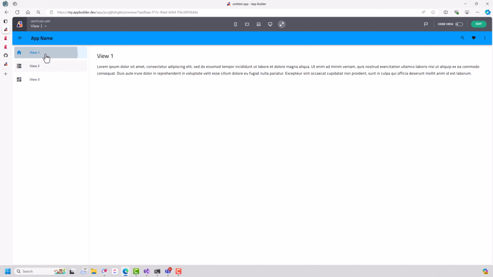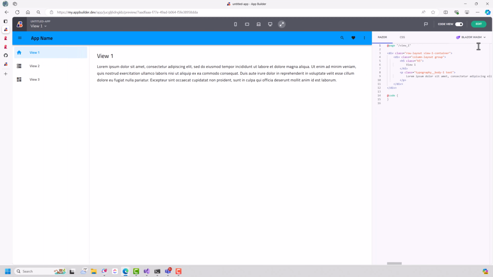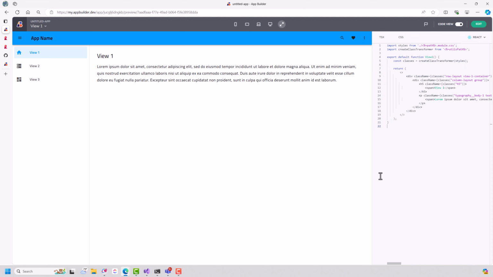They have some navigation set up, really nothing on these pages yet, but it's basically an application. I can look at the code. This is my Blazor WASM code. We're going to do React today. You can see here I've got all the React code that I need. And that's the beauty of App Builder, is that we are building out production-ready code